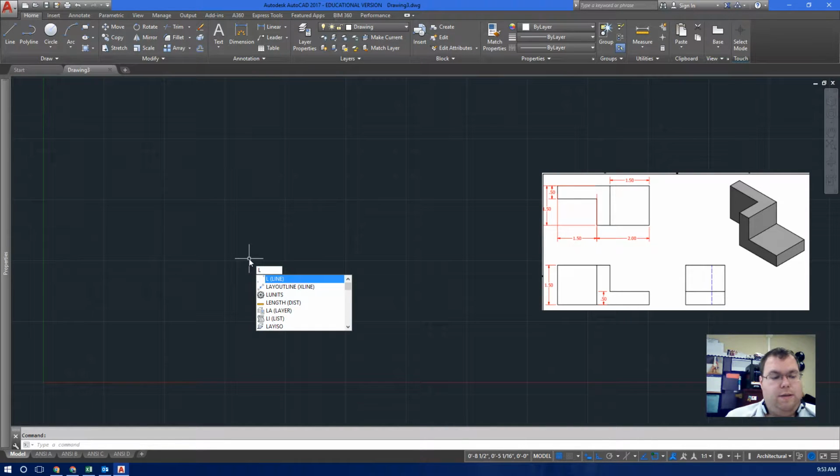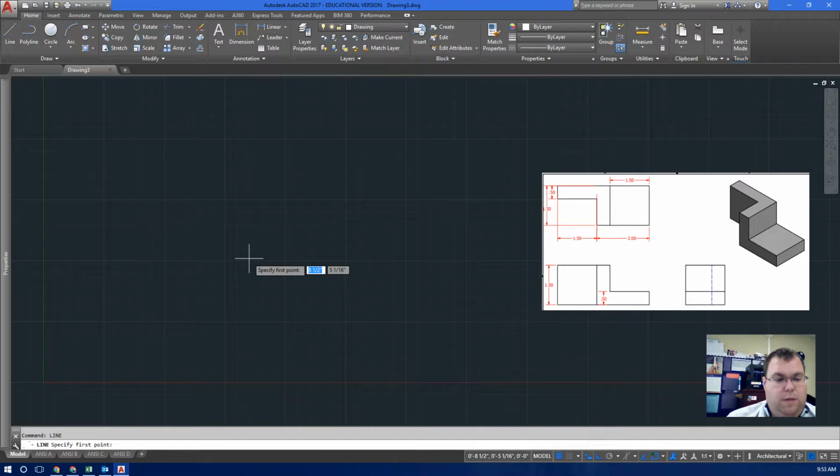And you can notice that I just started typing. I didn't have to click on anything. L is the shortcut for line. If you're ever unsure of something's shortcut, you can just type its entire name, and it'll give you this helpful pop-up that will guide you. So I've started my first command,